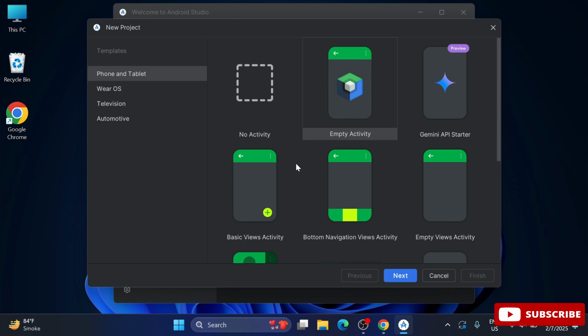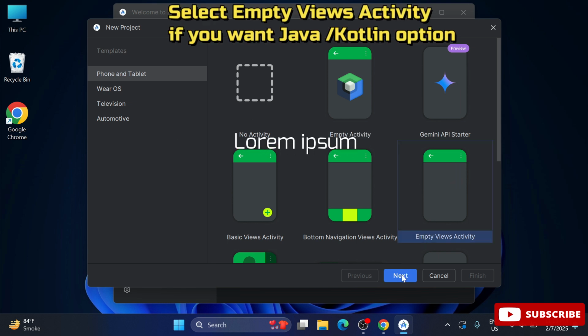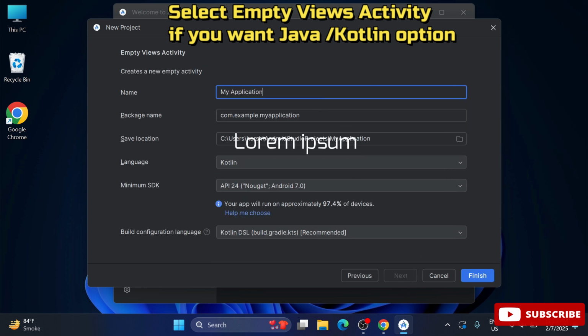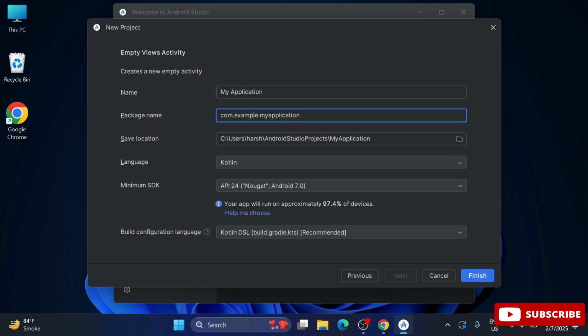Okay, so now guys, here we have various options, templates available, whether you are creating for phone, tablet or TV. So we are creating for phone and tablet, and then from here we have to select empty activity. Okay, and click on the next button. Now guys, here we have to provide various information such as name of the application, package name. So for the name of the application I've given first app. In package I'm just providing CS Corner instead of example. And guys, this is the location where my Android application will be created. So if you wish to change, you can click on this folder icon and change.